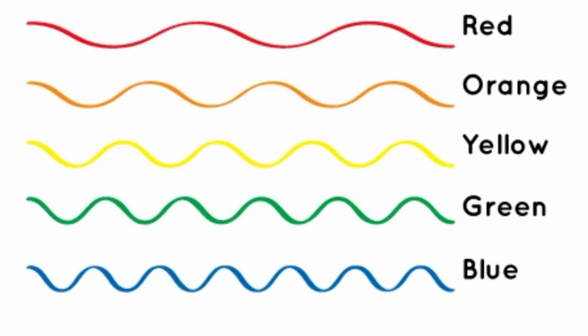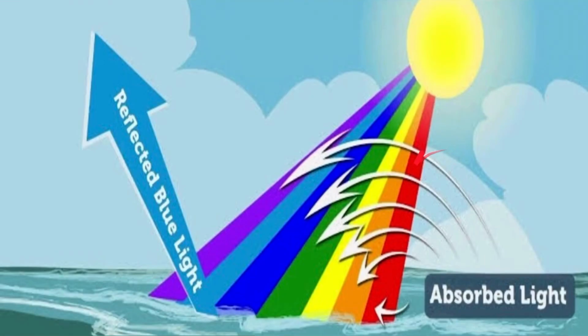Now, let's see what colors scatter the most. So red scatters a bit. You see the line? Orange scatters a bit more. Yellow scatters a bit more. Green scatters a bit more. Blue scatters the most. And here, so the sun's rays, the colors get into the atmosphere, and then it goes